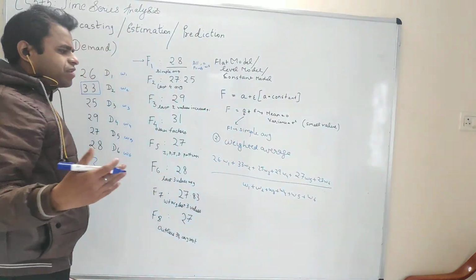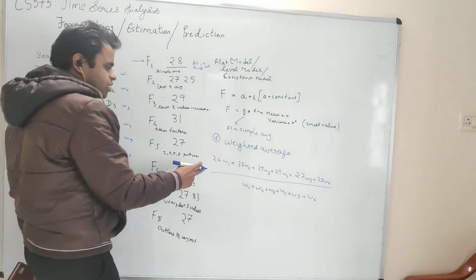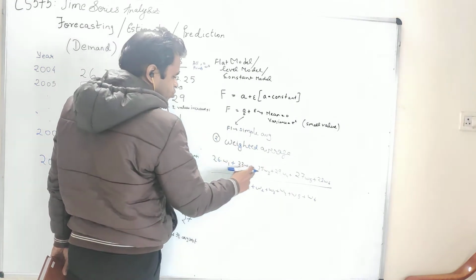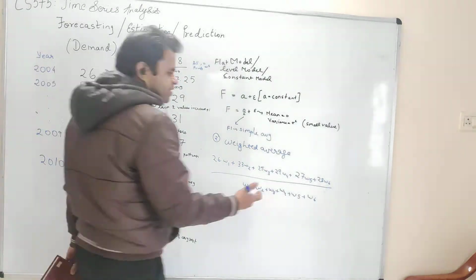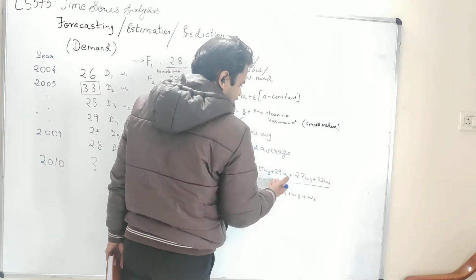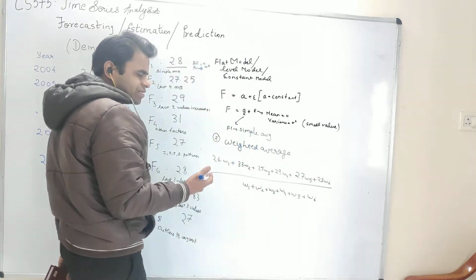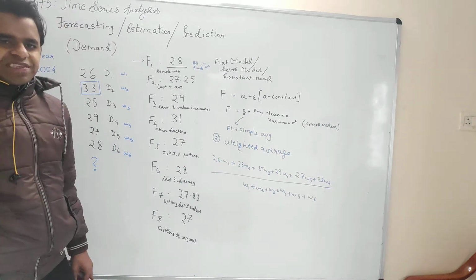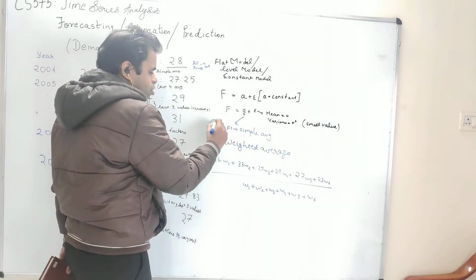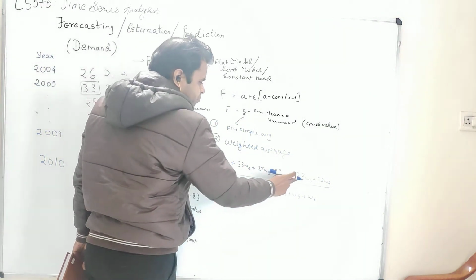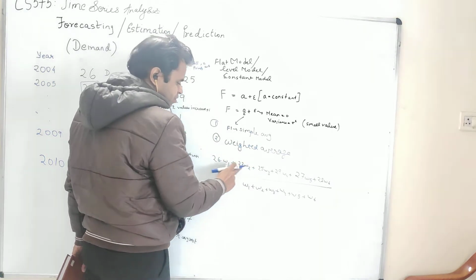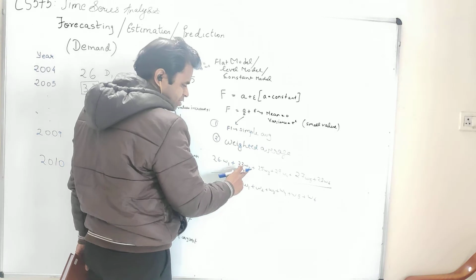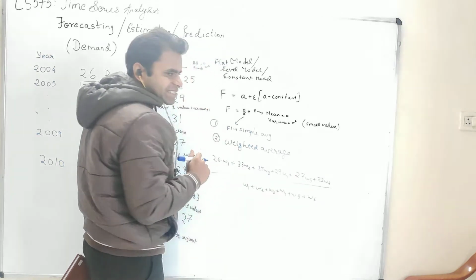So there are various different methods that people develop. Some people have weights between 0 and 1, so they assign weights between 0 and 1. Not a mandatory rule. Some people have higher weights for the recent terms, lower weights for the other terms. Even in the simple average that we saw in the previous case, all the weights are 1, right? You can see 26 into 1 is 26. Everything when multiplied by 1 stays the same.